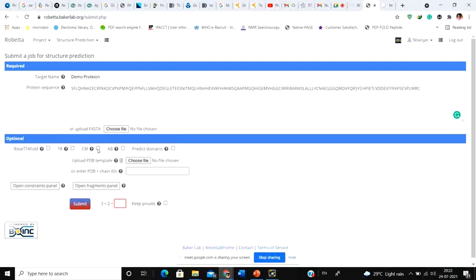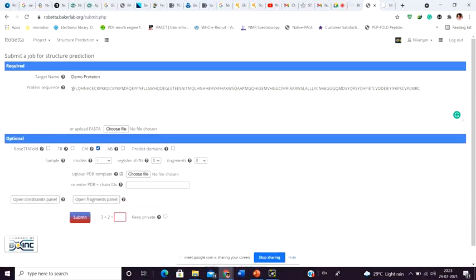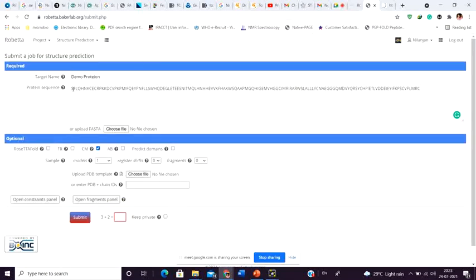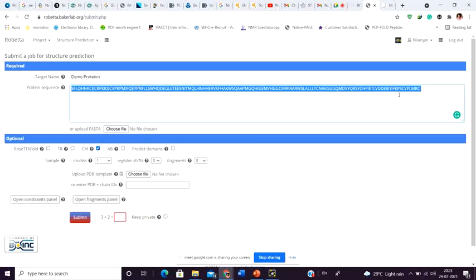After that, next is the CM method. CM is the comparative modeling method, and comparative modeling is another name for homology modeling. So if you select the CM method, this server is automatically going to go to the RCSB PDB website and search the entire repository of proteins, and using this particular sequence find out whether any protein has a similar sequence to this protein or not.